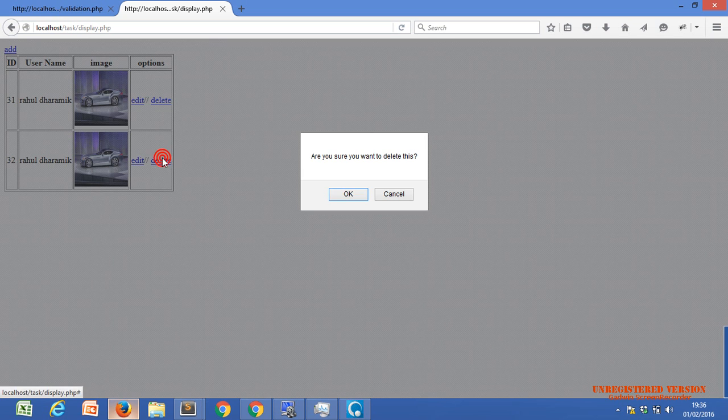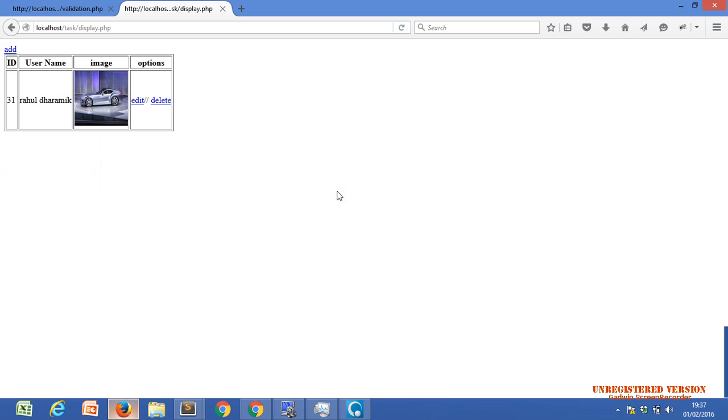But when we click on OK, just concentrate on this line. It will automatically hide the row. It is deleted first from the database, then we write the code for hiding it, and there is no refresh here. Just notice that. Now I'm going to click on OK. No refresh, and our record is deleted without refresh. Is that so or not, Nazar and Khushi?